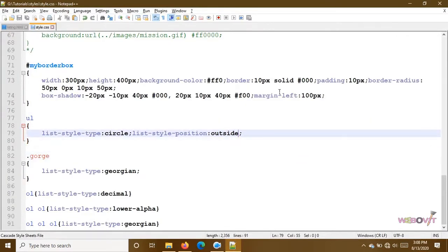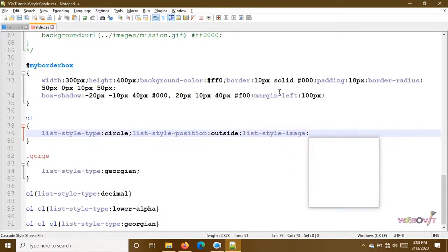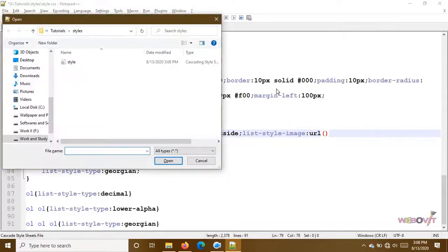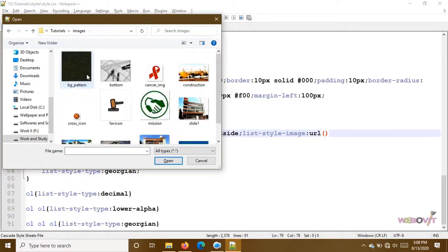So for all the unordered list, suppose list style image, then we will give a URL. Now same story of the file management which we have learned before as well. We need to pay attention to the directory. We are in the styles folder. Now we have to come one directory up, then go inside the images folder, and we are going to use this image cross icon.gif.